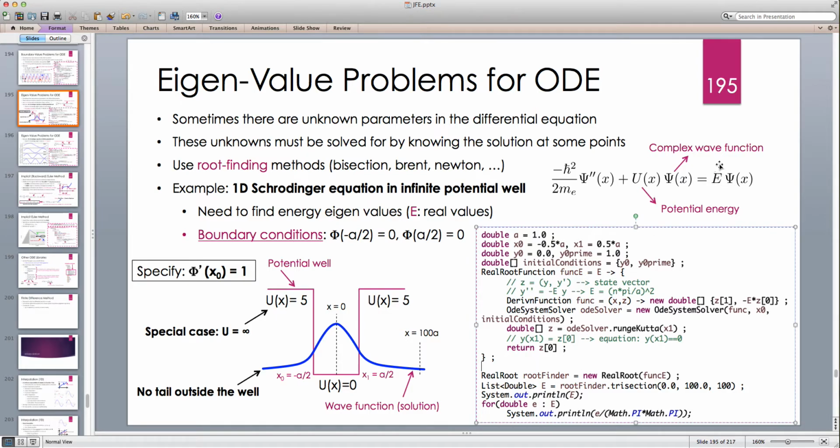discrete values, and for each one of them the distribution of the psi function is different. That corresponds to different probabilities of the distribution of, basically, the electron. So here's the Java code, which is very simple, very similar to the previous case, but